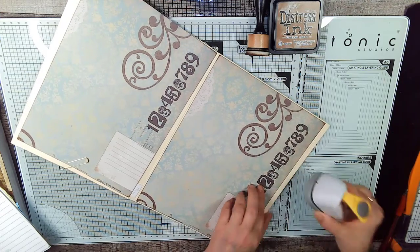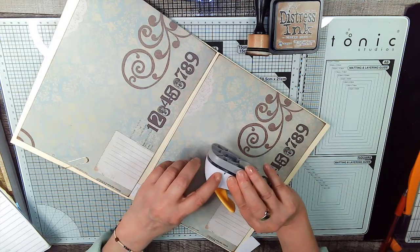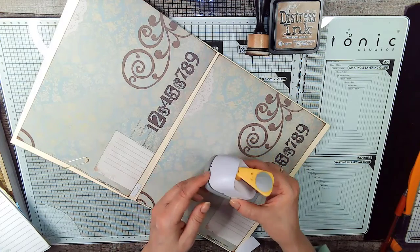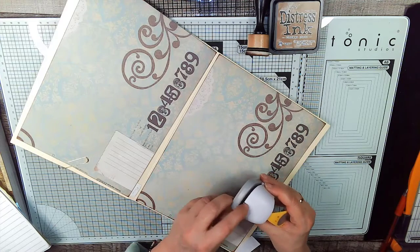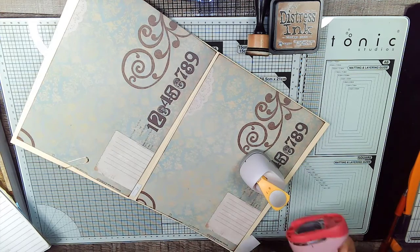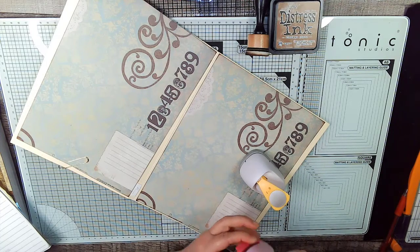Now this has a halfway mark on either side. I used a Sharpie marker to mark over the top of it so that I could see it better. There were just little arrows that pointed to the spot, and that didn't really work for me, and so I also marked the center where there was a little arrow there. On my others, I've marked the sides. Let me get this one. I've marked the sides, but it doesn't have a center arrow. But if you line these up,